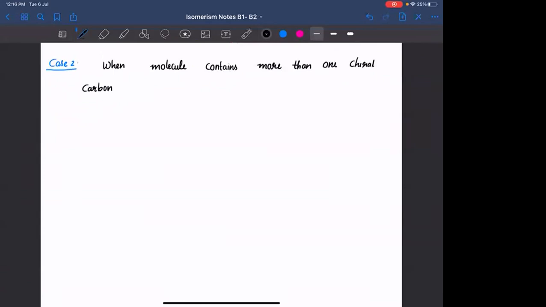It will exhibit chirality if and only if it is asymmetric; it will be achiral if it is symmetric. If it is asymmetric, it can have enantiomers. If it is symmetric, even though it has chiral centers, it won't have a non-superimposable mirror image, and that particular compound is called a meso compound. Is this what we studied? Don't worry, I will write it here.